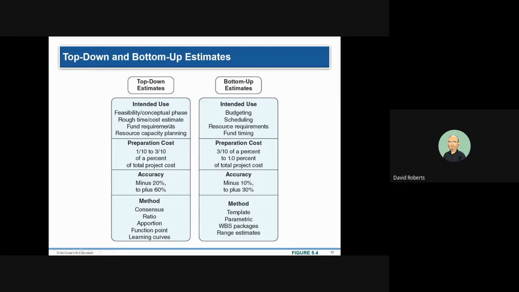Top-down estimates are used for, is it like in the ballpark? If somebody said, oh yeah, let's take a 2-week trip to Hawaii, and then when you start looking it up you say, oh, that's going to be $10,000. You don't need to know the detail. I'm sure you can go online or come up with an idea yourself. It's like, oh, that doesn't work, I guess we're not going to Hawaii. We don't want to get on a plane, go there, look around, then go back home. But it gives you a rough idea, and it tends to be less accurate because it's very high level.